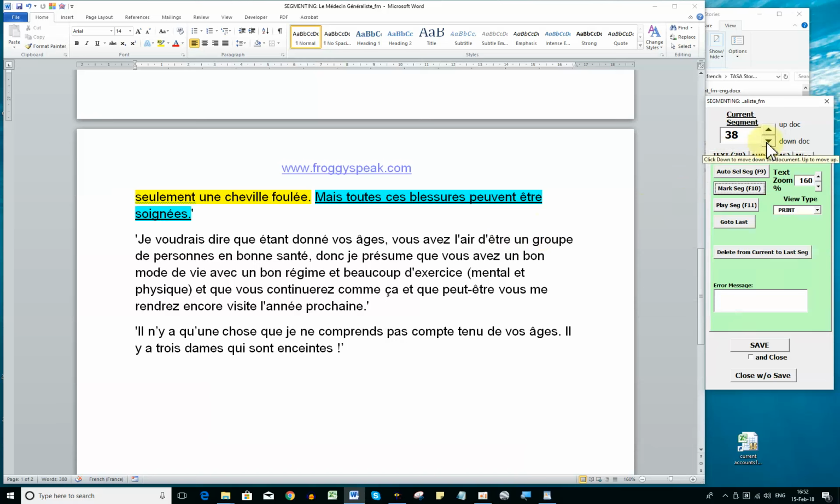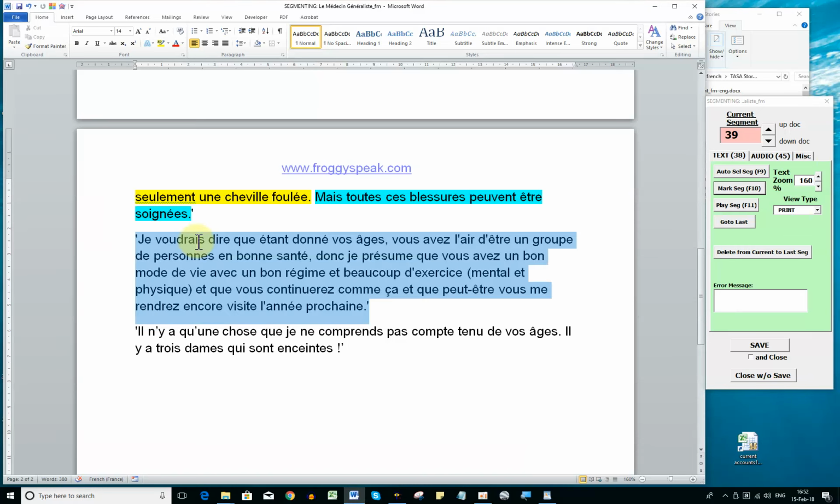This time I'll use the Je key. Voudrais dire que, étant donné vos âges, so I'll use the auto select key, which is key 9. Oops, of course it's a whole sentence, isn't it? I can't do that. Auto select only works on whole sentences. So right, key 10 for